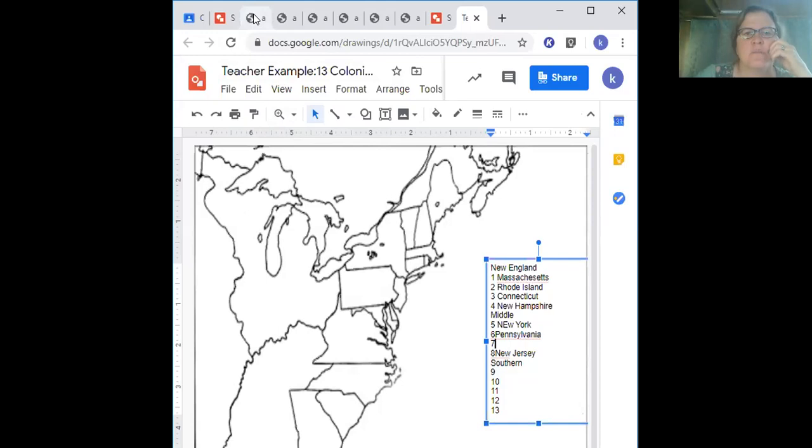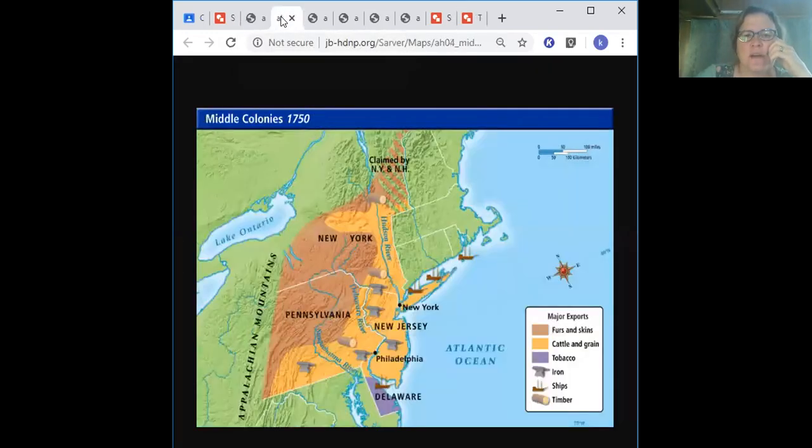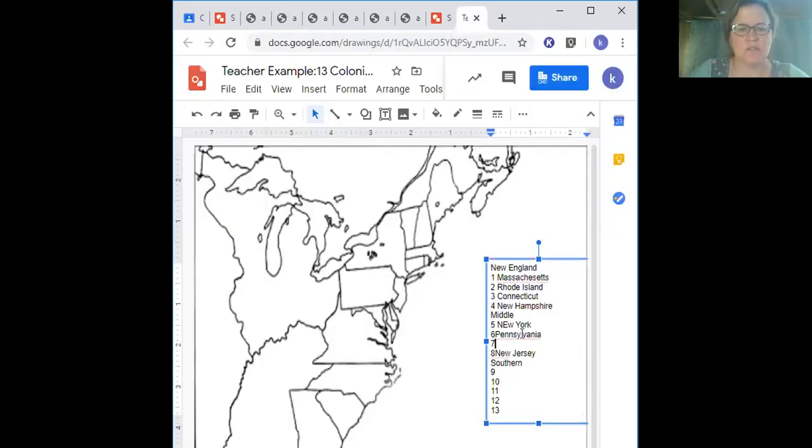Now, if I can't remember, I can go back to my maps. New York, New Jersey. Oh, Delaware's the one I forgot. So Delaware. And then I have my southern colonies. So I know that is Virginia, Maryland, North Carolina, South Carolina,